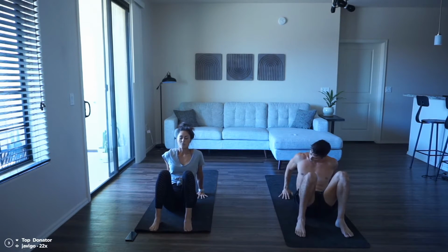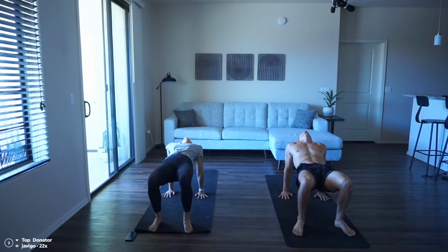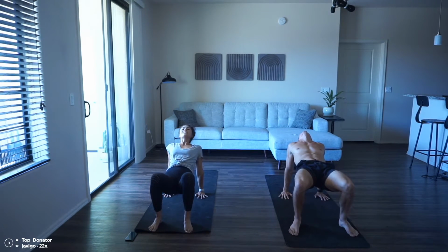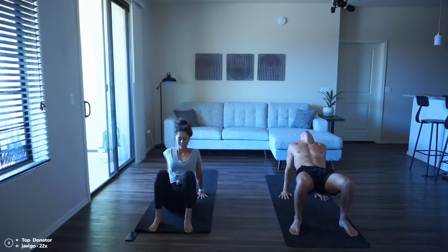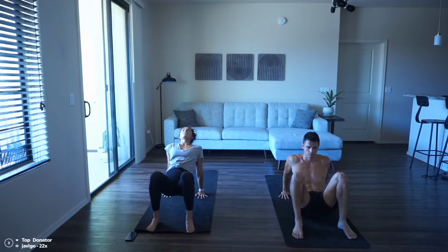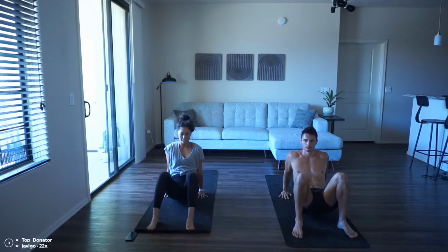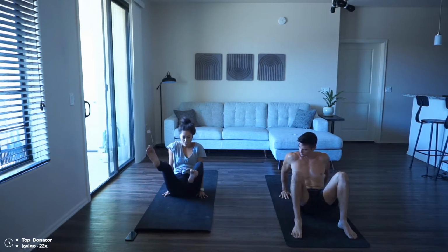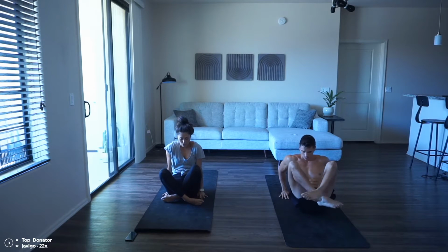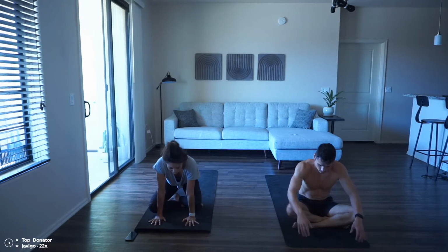Take a nice deep breath in, extend that chest up, press the hips up towards the ceiling, open up through the chest. You guys might be really sore from chest day yesterday, and drop down. One more time, inhale, let everything lift, and exhale, release. You guys can cross those feet underneath you, rock all the way forward, hands root down, and